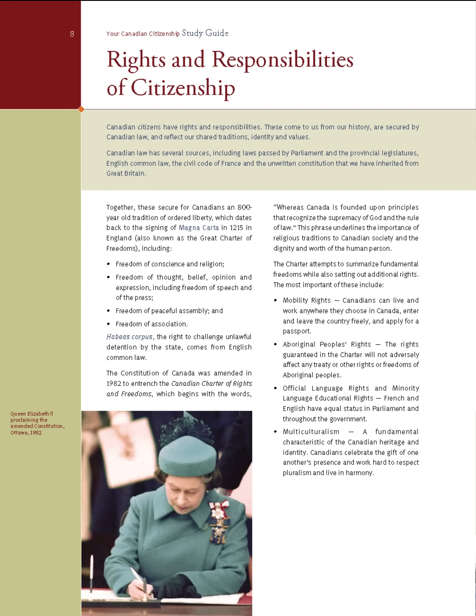Canadian law has several sources, including laws passed by Parliament and the provincial legislatures, English common law, the Civil Code of France, and the unwritten constitution that we have inherited from Great Britain. Together, these secure for Canadians an 800-year-old tradition of ordered liberty, which dates back to the signing of Magna Carta in 1215 in England, also known as the Great Charter of Freedoms, including freedom of conscience and religion, freedom of